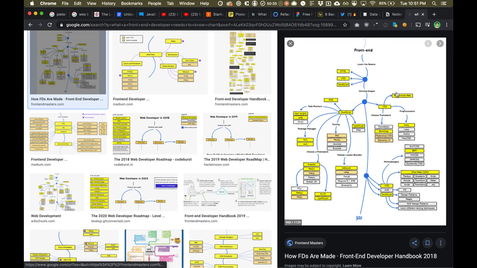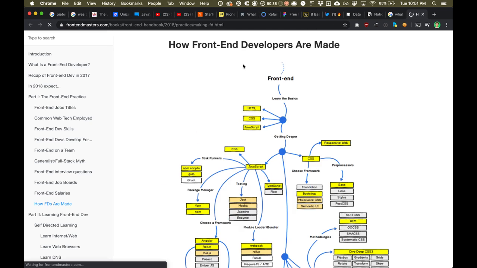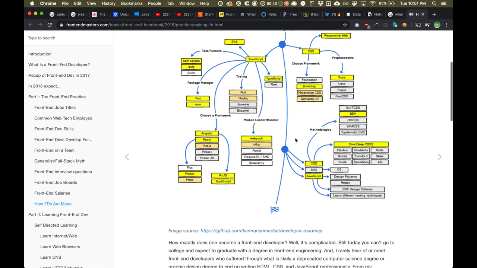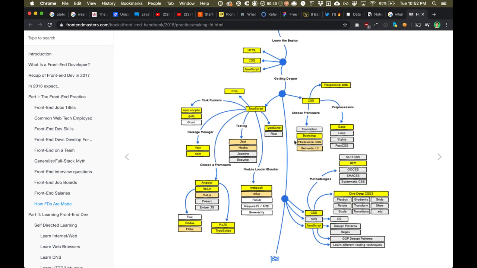This isn't the full chart that I was looking for, but this is just a short little preview of all the different technologies that are used on the front end. Of course, the basics are HTML, CSS, and JavaScript, but in terms of CSS, you've got to learn a lot of different parts of that if you want to be really proficient. And I would recommend Sass and BEM, just to be a little opinionated there. And also don't learn Bootstrap because it's a waste of time, especially when you're first getting started.